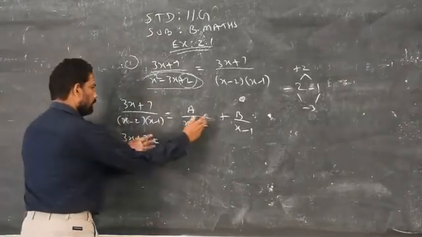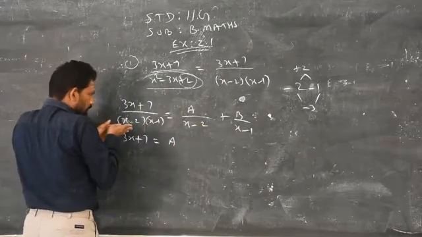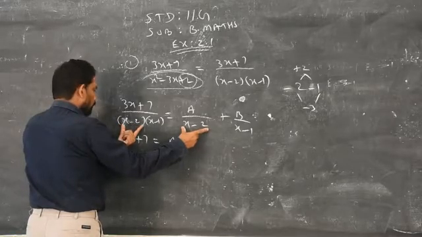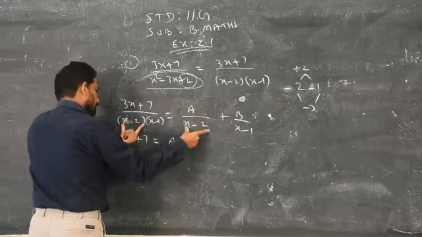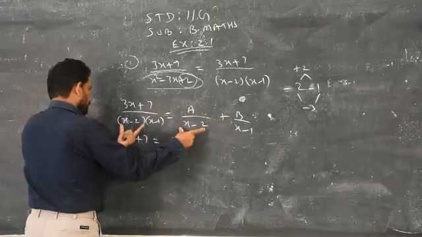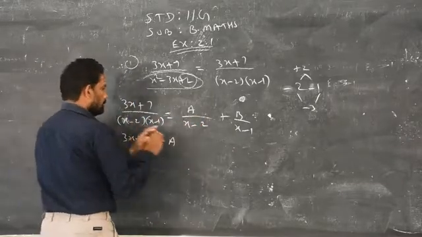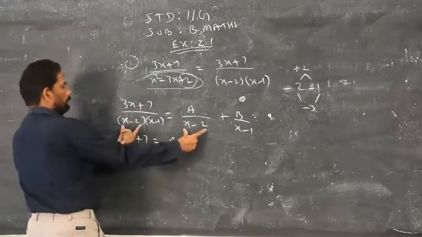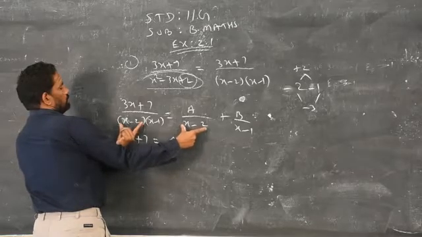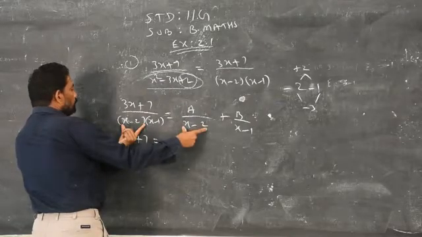just compare the first denominator of the right hand side with the denominator of the left hand side. What is the common factor of these two? x minus 2 is the common factor. So you just remove the common factor. What is the remaining one on the left side? x minus 1. Compare the denominator of the left side and the first term of the right hand side. So what is the denominator of the right hand side? x minus 2. Compare x minus 2, x minus 2. When you compare these two, x minus 2, x minus 2 is common. Just leave the common factor, then what will be the remainder on the left side?